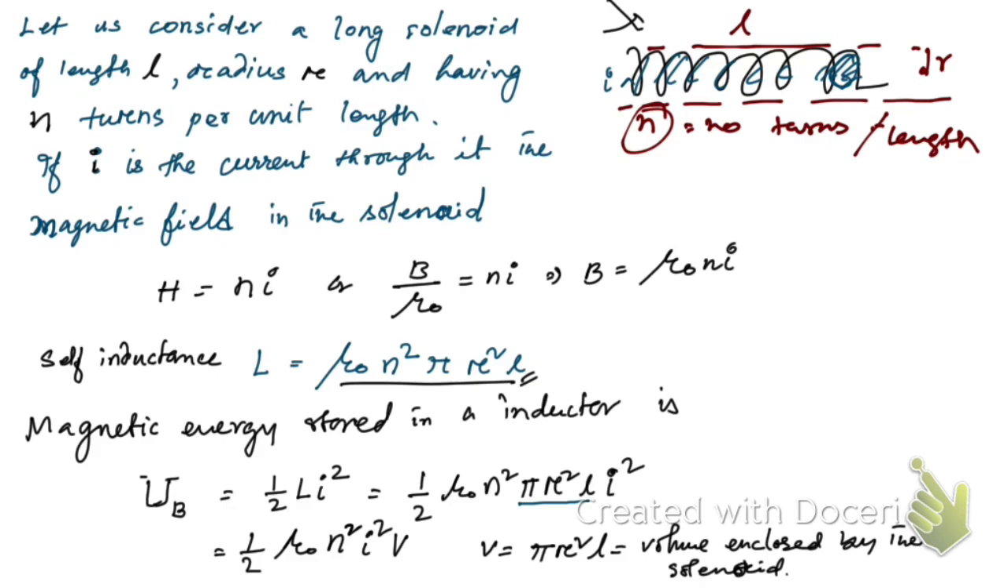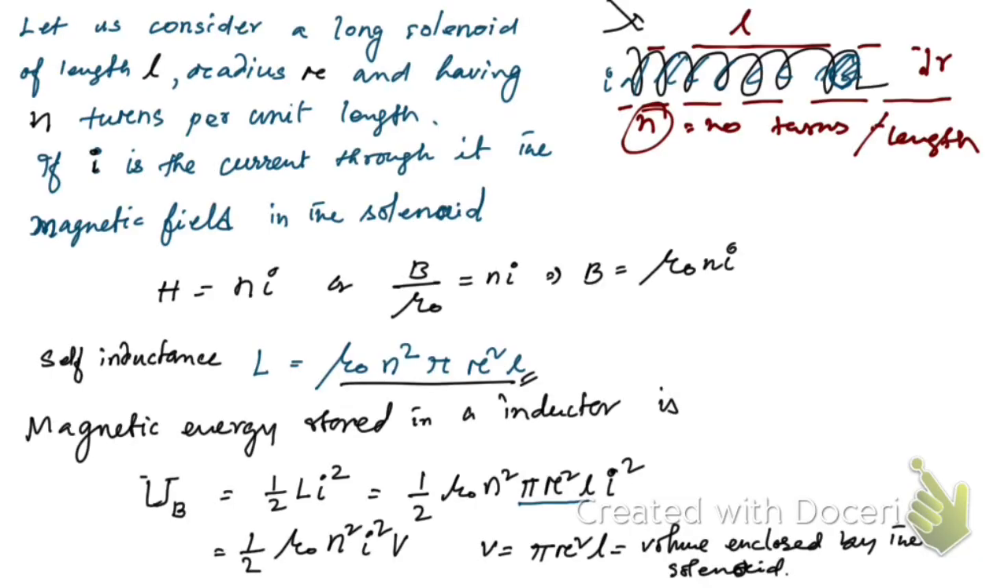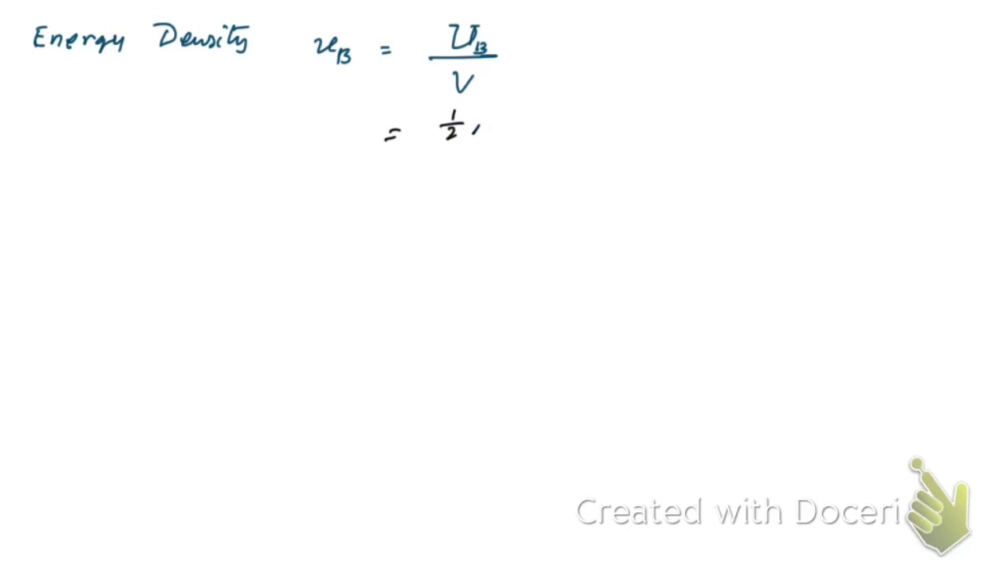Now you see energy density. To find the energy density, you have to divide this by volume, right? Then energy density, let me write a small u_B, which will be given by capital U_B divided by the volume V. So capital U_B we have got half mu naught n square I square V, divided by volume V. V cancels, and then what we're going to have here, you see,